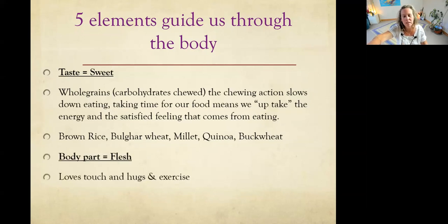The body part is the flesh. So the stomach and spleen loves hugs. It loves being touched. It loves having shiatsu. It loves massage. So it also loves physical exercise. So getting out. I watched a study that was done with three types of people: one, runners, two, people working on building sites, and three, people working at a desk job. All three of them